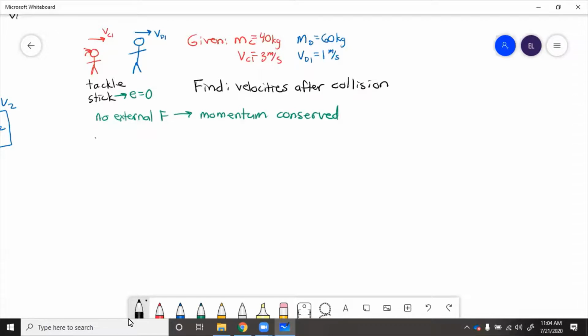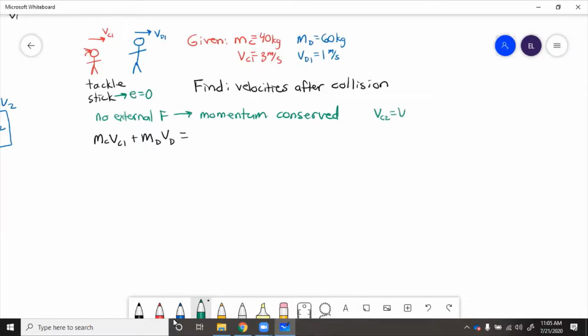So we'll write that equation. Mass of Catherine times initial velocity of Catherine plus mass of Daniel times initial velocity of Daniel equals the final velocity. So since they stick together, we know that